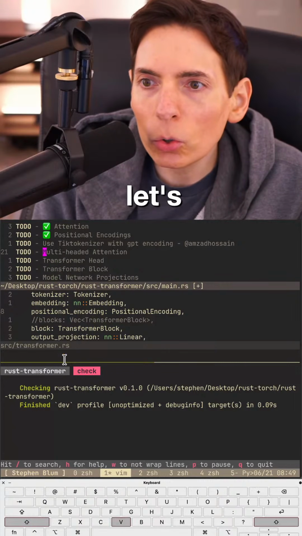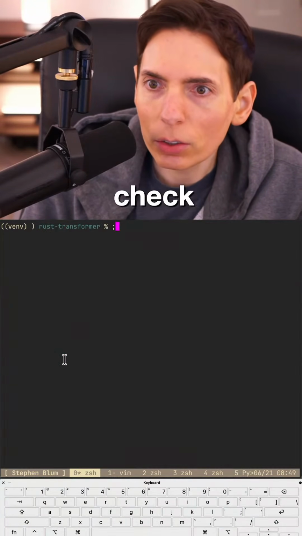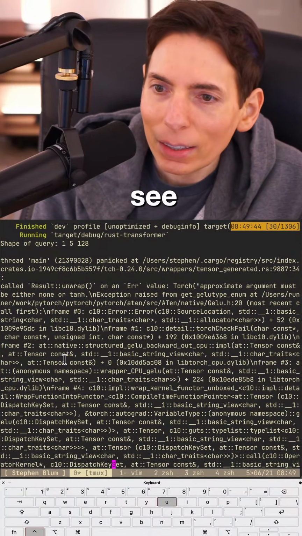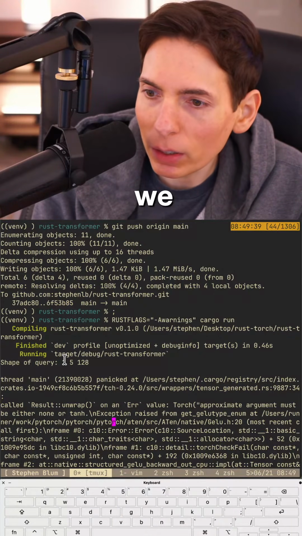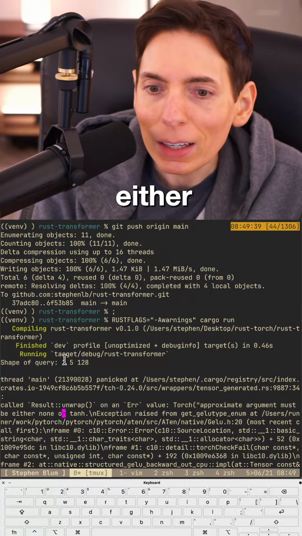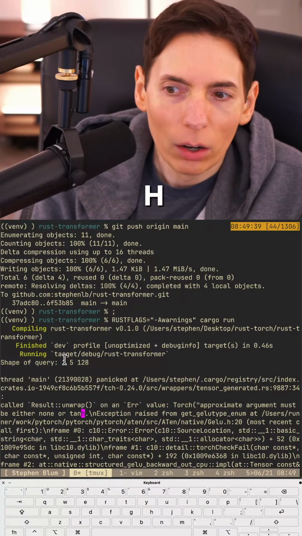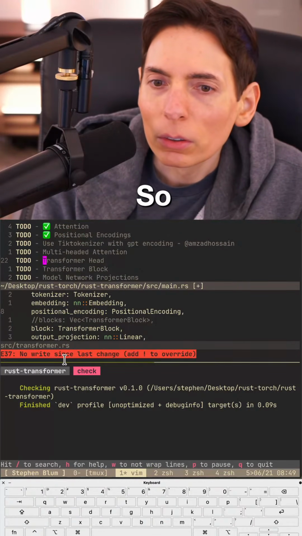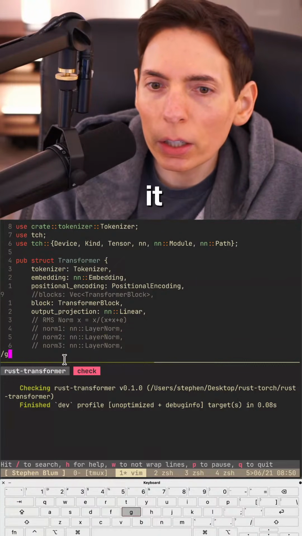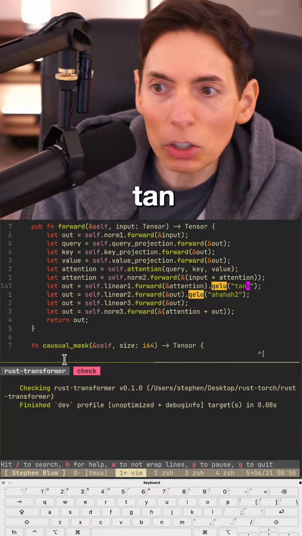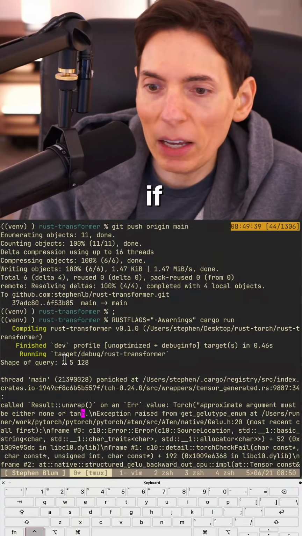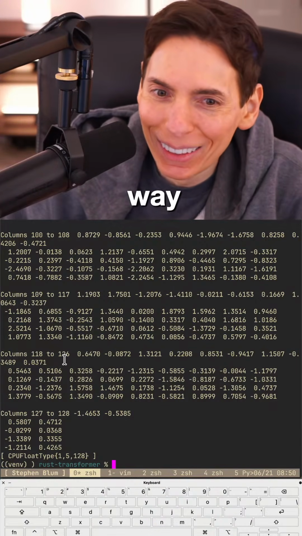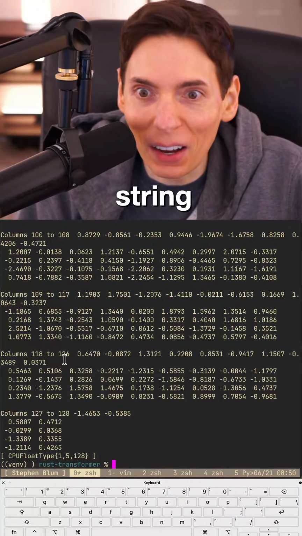So let's do our forward. Let's check to see what this runs here. Where is our code? All right. Oh, and see, running it, we got a panic. We got an unwrap: approximate argument must be either none or tanh. Okay, so this must be on our GELU. Let's do this. Where is it? GELU. All right, so tanh maybe. Let's try that. See if that does the trick. And there we go. I don't know why it wanted us to give a string value for that. Isn't that crazy?